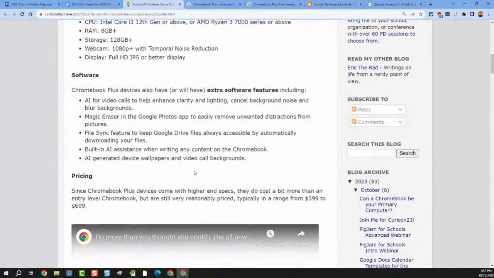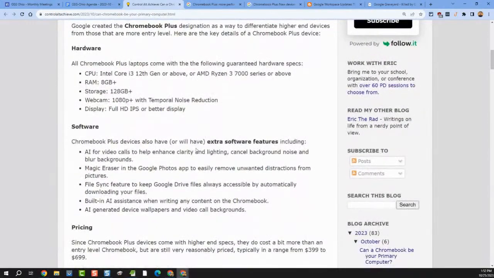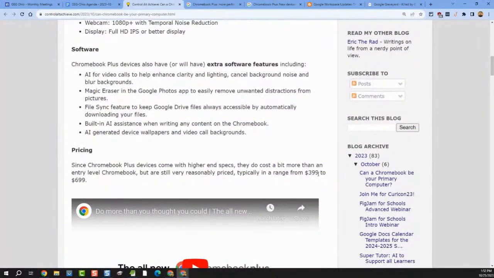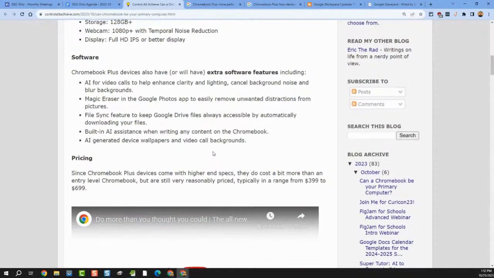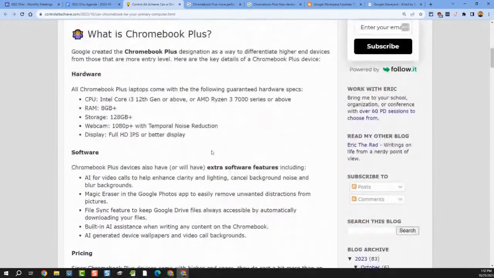Right. And so this whole Chromebook Plus program, I don't know, I'm glad it's driven some prices down because that's a reasonable entry point for somebody who wants to have a more powerful Chrome device. Yeah,